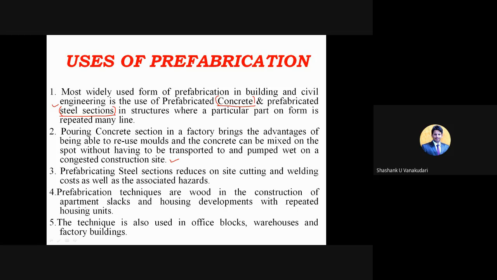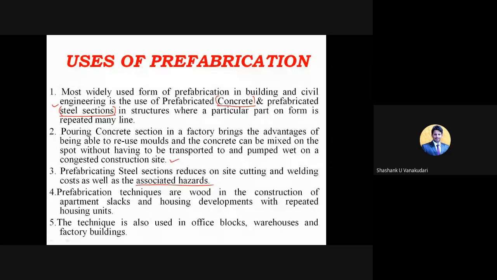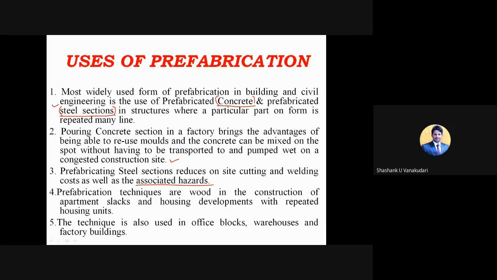And then prefabricating steel sections reduces on-site cutting and welding cost as well as the associated hazards. When you have a small area and you are constructing the steel sections, you need to place the raw materials first and pick up the required sections just to join them by welding or nut and bolt connections.